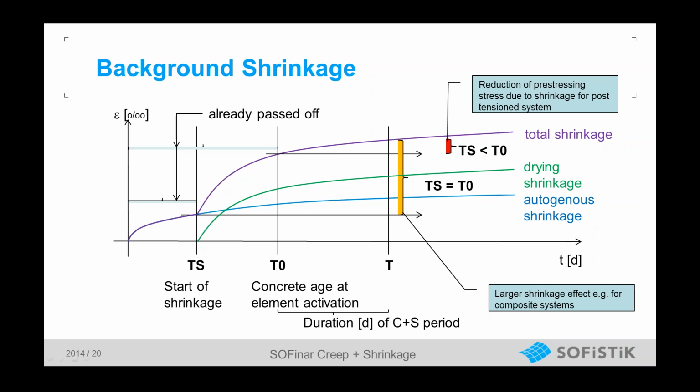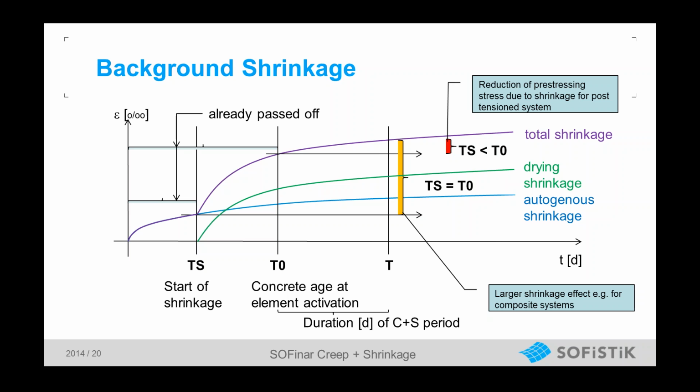So we are using only this little amount of shrinkage strain or shrinkage deformation, whatever you want to call it here. The background of that is quite easy. Imagine we are talking about a pre-stressed or post-tensioned concrete bridge. That means all the shrinkage effects which occur in the formwork, before you start